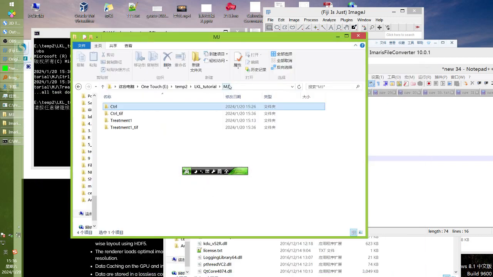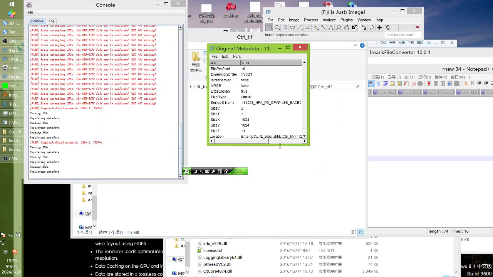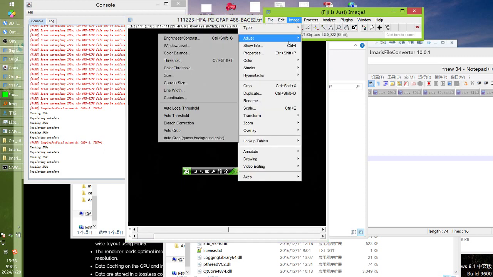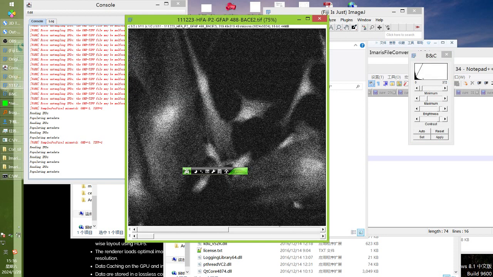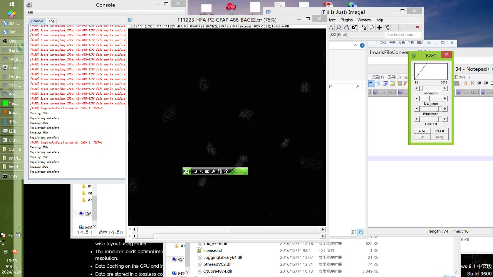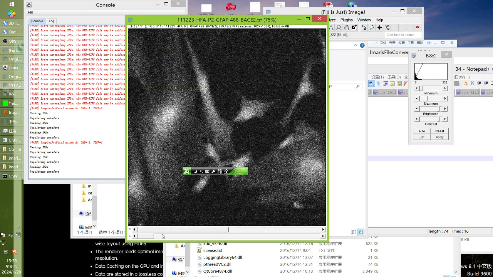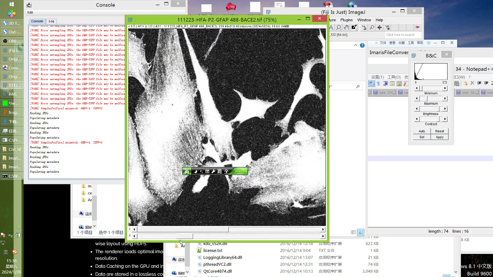Because there's only one file, we get our TIFFs located in a parallel folder, the treatment, and we can open the TIFF in the image. We can see that we get the 2 channels, right? Image adjust, the 2 and the 3 channels. I think this is a DAPI. This is a stack. So we extracted the 2 channels and all the Z and all the T, because there's only one time point.